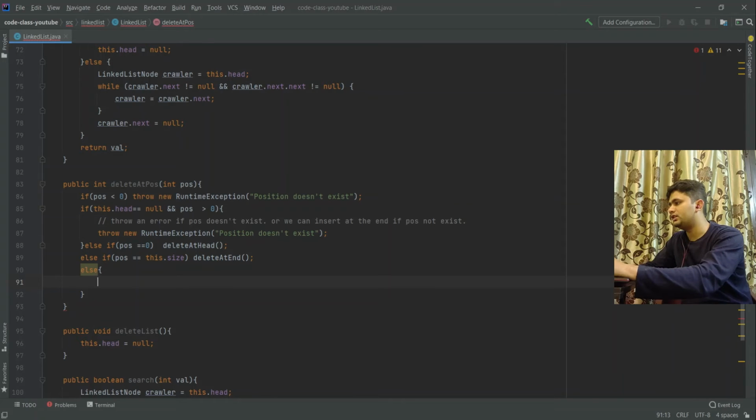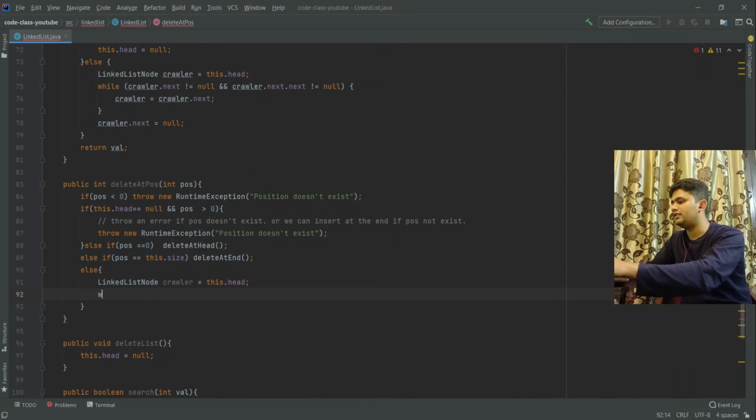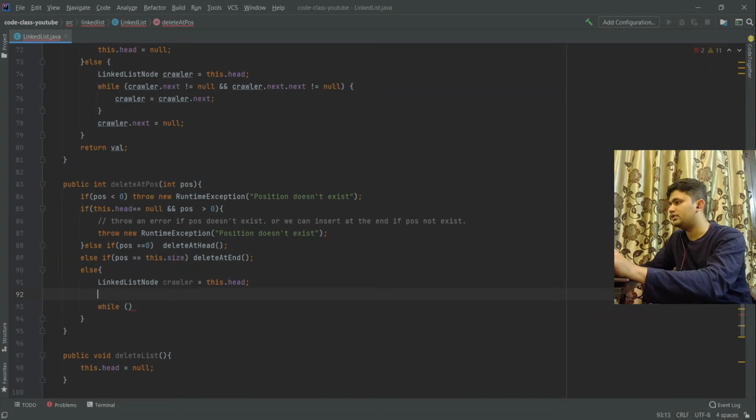So we will initialize our crawler, and after this we will start running our crawler, and we will check for current position. While current position is not equal to position - 1.